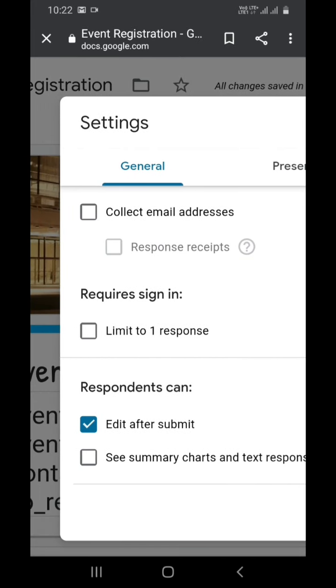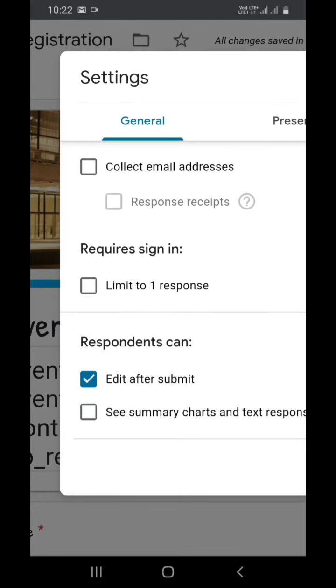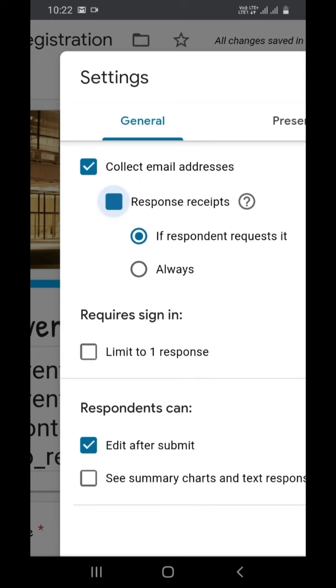In general, you can see collect email addresses. For those who fill the form, the respondent's email will be collected automatically. When you click on this, it will collect the email address of every respondent automatically. The next is response receipts.